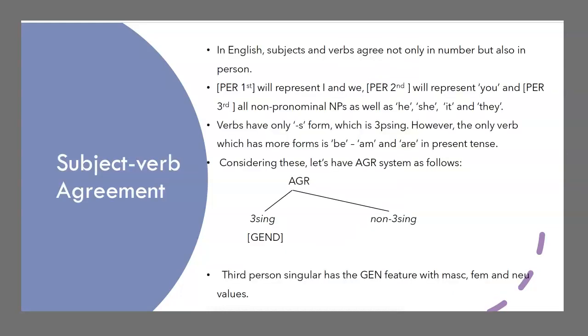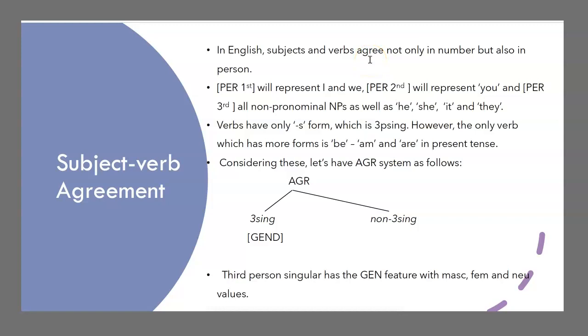Now look at the problem which we dealt with earlier. Agreement. We have been talking about this as an issue from the beginning. Let's look at subject-verb agreement. In English, what happens? Both subjects agree both in number and person. Till now, we have seen only number agreement, whatever we have seen in the previous videos. So we have also got person agreement, which makes it complex.